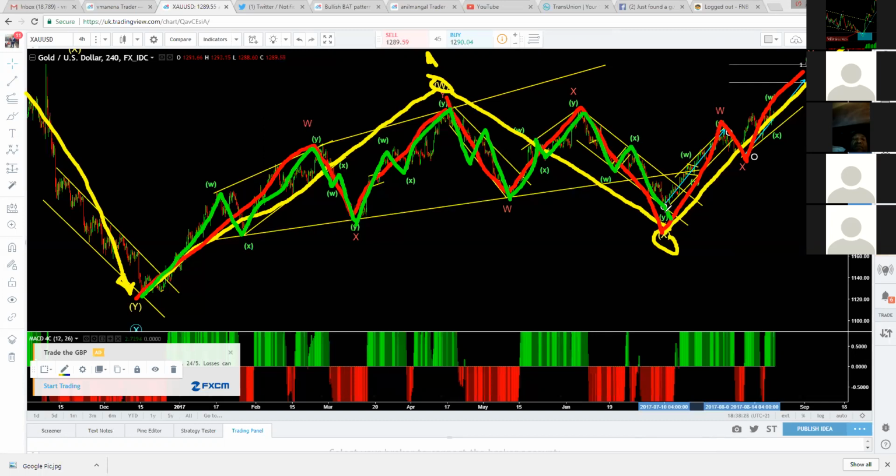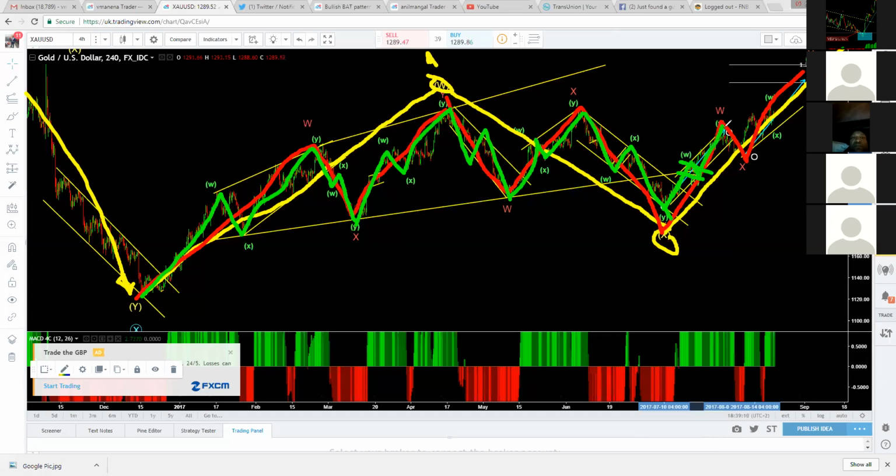So when I started these webinars, we were here. Gold was here. It was just breaking out this channel here. And we knew that if we are on the lower degree, we just need to get a correction. So we said we want this smaller correction. Let me undo it so that we can see what we're talking about there. We want this lower correction to happen. It had not formed yet. We wanted it to form so that we can get this WXY in green. So you can see that we've already got this WXY in green,